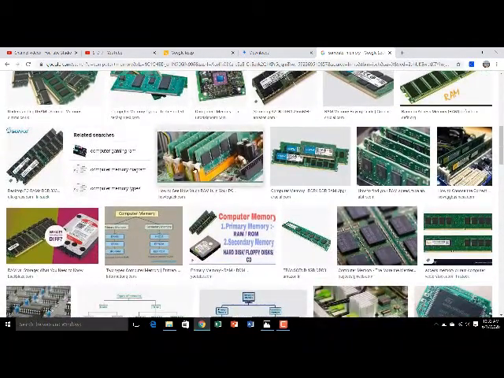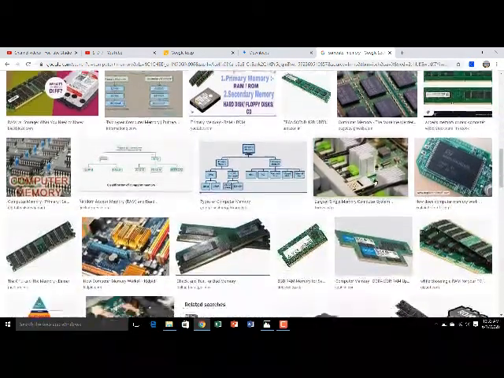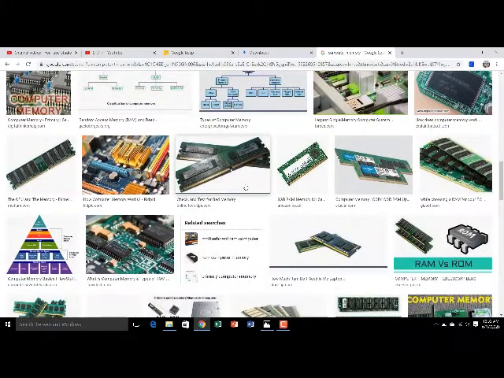See how it can be stored in a computer or on a motherboard. Like this way or like this way, you can store it on a motherboard inside the CPU. Okay, so these are all the memory images. Understand? Here, the first one we will understand is the RAM.